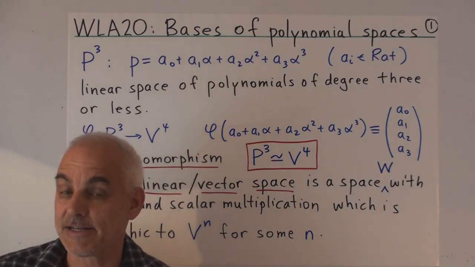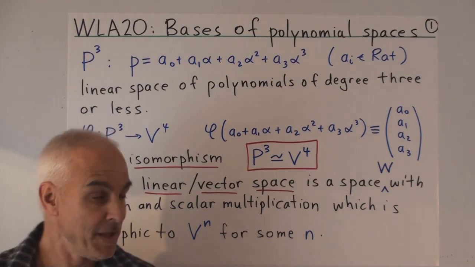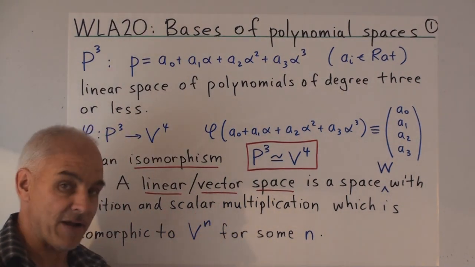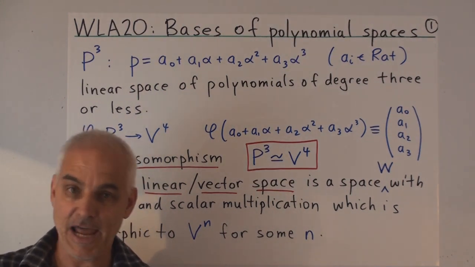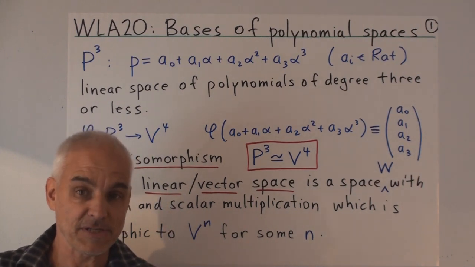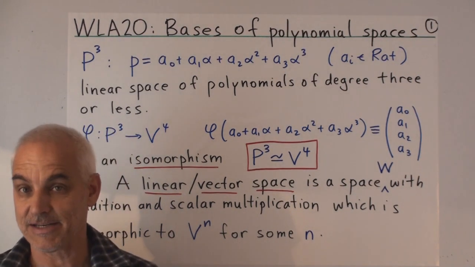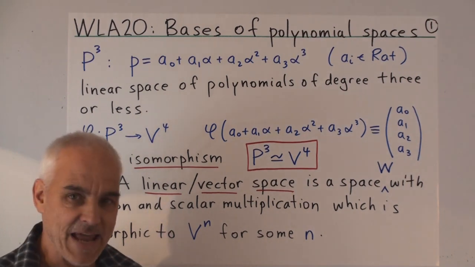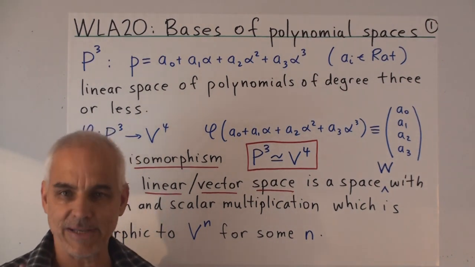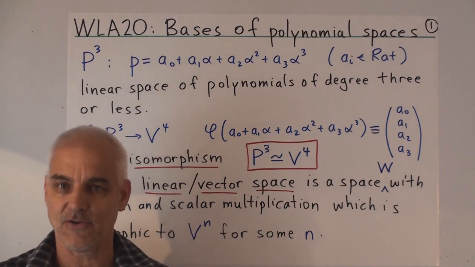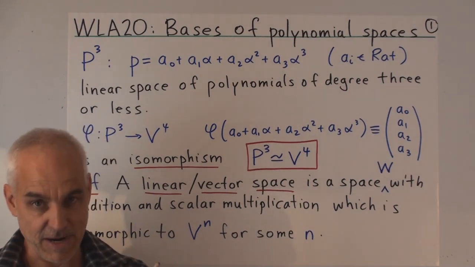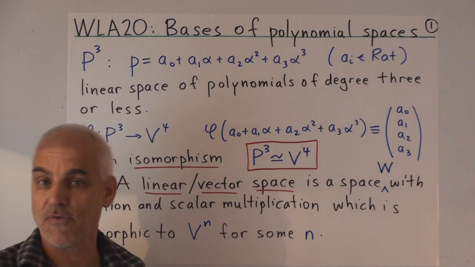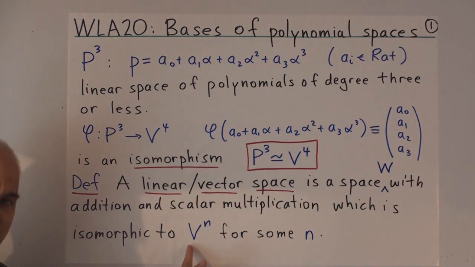Now this is a little bit of a distinction from many courses in the subject. When you talk about abstract vector spaces, often you start with some axiomatics. There are often 10 or 12 axioms or particular definitions that a vector space must satisfy. We're finessing all of that. So what we're doing here replaces all the talk about abstract vector spaces by just saying that a vector space or a linear space is something that's isomorphic to our basic vector spaces, the spaces of column vectors of a certain dimension.